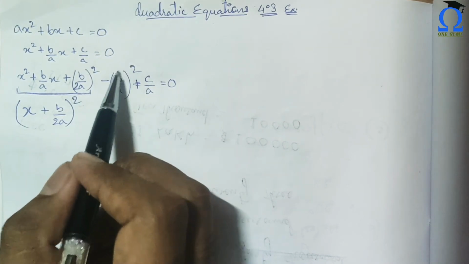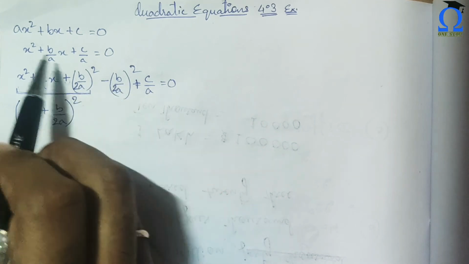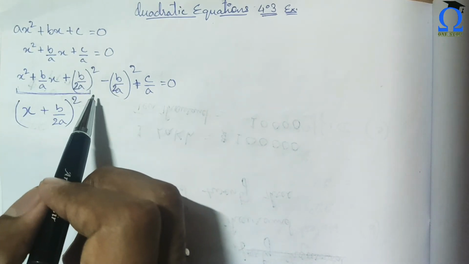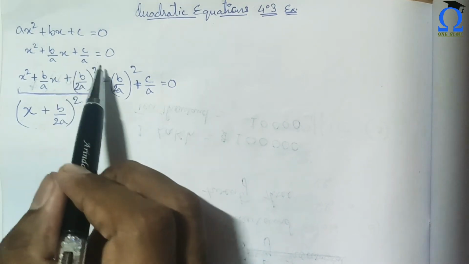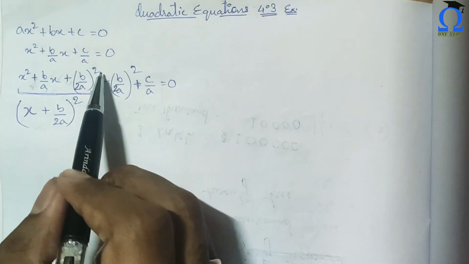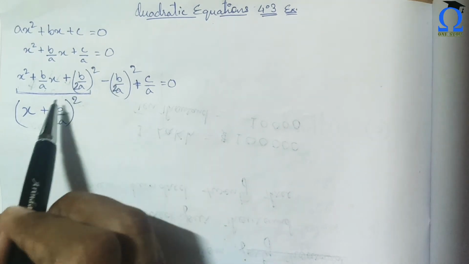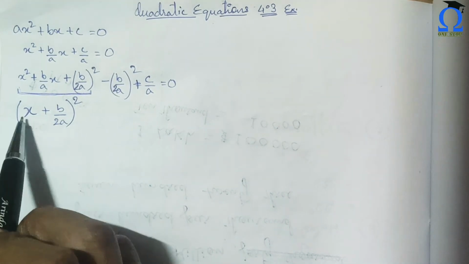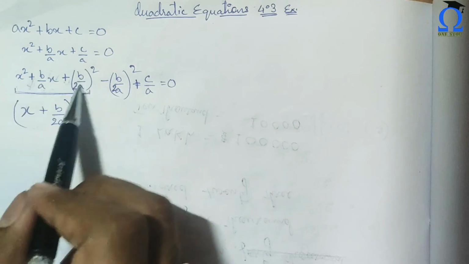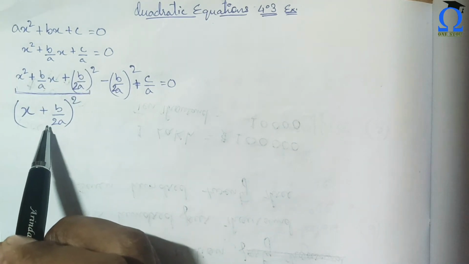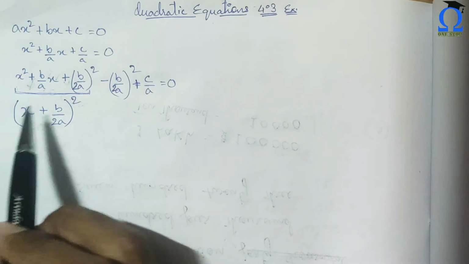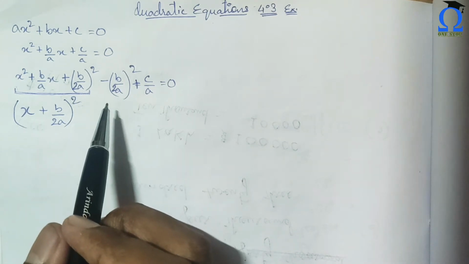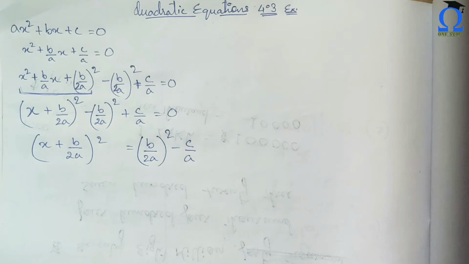Understood? And now as we have added this part, to neutralize this we have to subtract the same amount, the same terms here to get this equation. So you have to understand that I have added the same quantity and subtracted the same quantity. And why have I done that? To make this a perfect square. Understood? To make this part an identity, that is (a + b) whole square.